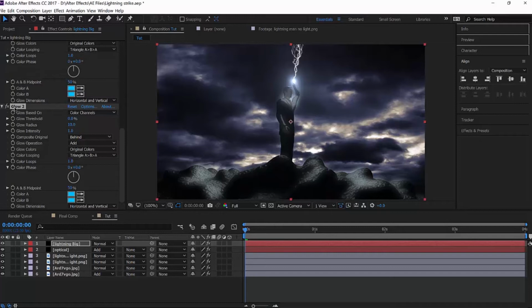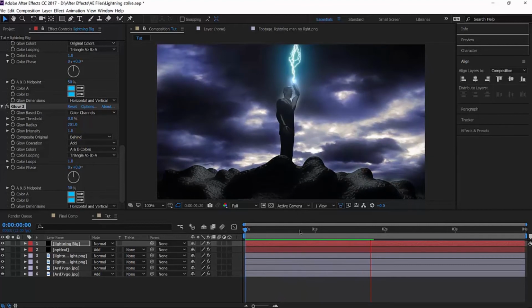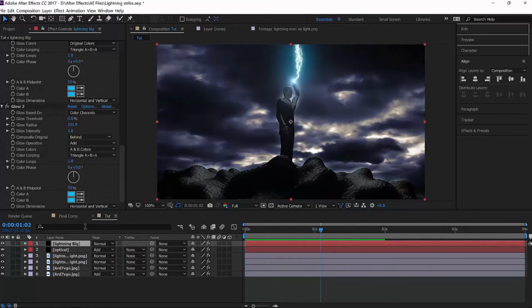Right, now I'm gonna duplicate it. Let's just push this up slightly, and now I'm going to duplicate this again, and now I'm really going to push this out, right, and change it to A and B colors. So now we have a nice blue glow all around the lightning. That looks pretty nice. Okay, so now that we have our base lightning, we are going to move on and